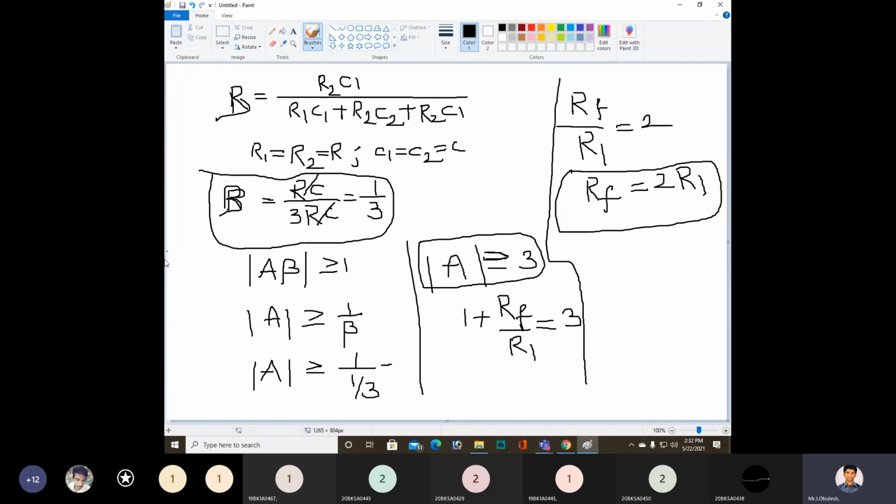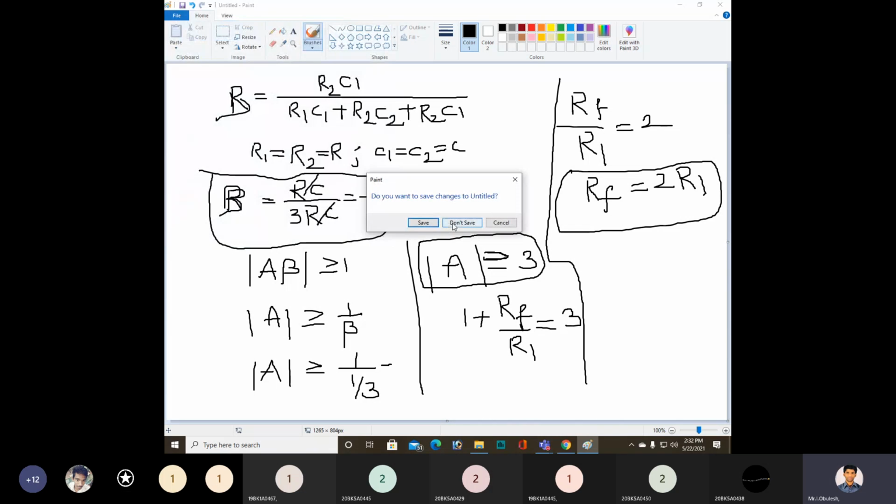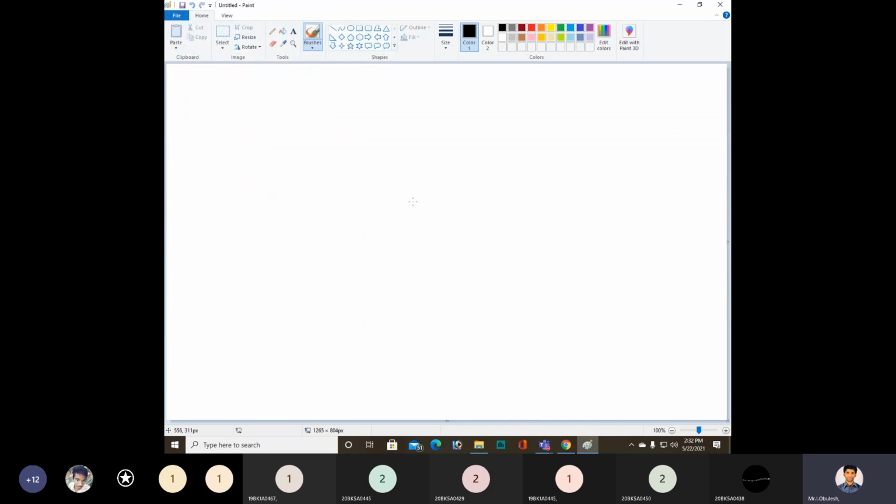Now we need to put a heading. We have only a few of the rest of 2 topics from the third unit. So most probably on Monday I will close the third unit and I will start the fourth unit also. Put heading: triangular waveform generator.